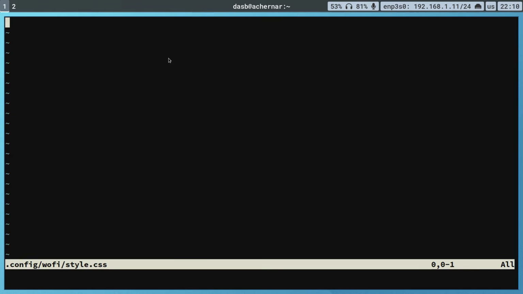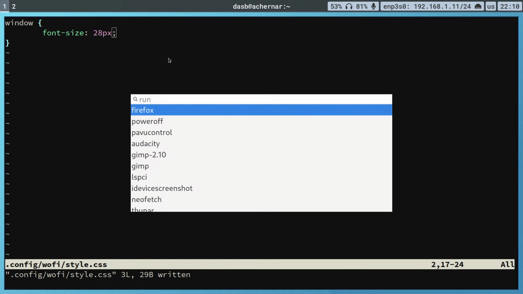So this file is just a regular CSS file where we have to define the rules that we are going to apply to each Wofi element. So the first element or selector that I'm going to use is the window selector. Here, this is going to apply to the whole Wofi window. And the first rule I am going to set is font-size: 28px; semicolon. I save the file, and now when I launch Wofi with Mod D, you can see that the